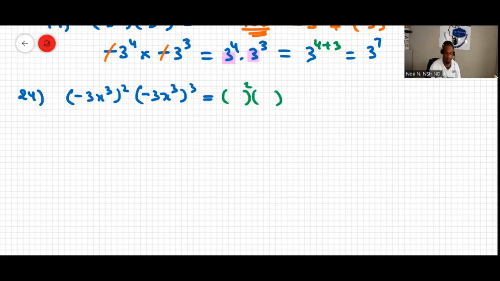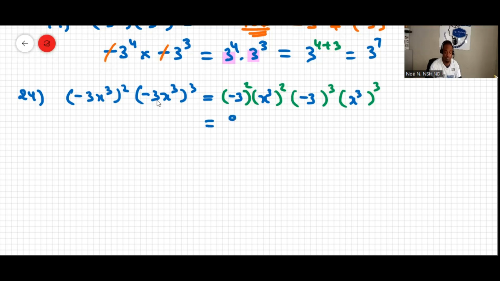So over here, this power of 2 is for -3, so it's going to be -3 to the power of 2. And is this also for x cubed? So that makes x cubed to the power of 2, and then this power of 3 there is for -3, so -3 to the power of 3, and then x cubed to the power of 3, and then this will be equal to